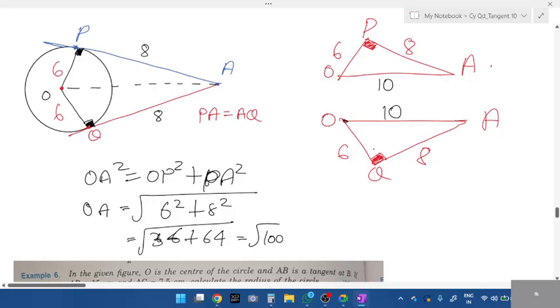10. Both are similar. What do you mean by similar? Under which criterion, students? If all three sides are equal? Congruent. Sorry, yes, congruent. Side, side, and side. They are congruent. So what do you mean by this congruency? Congruency is nothing but